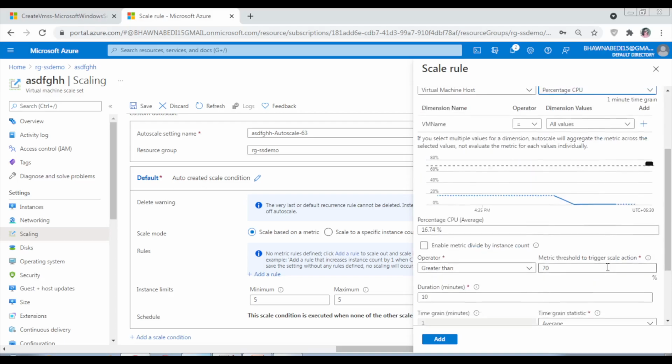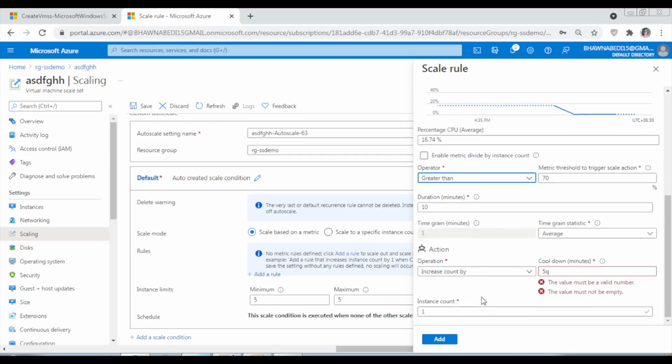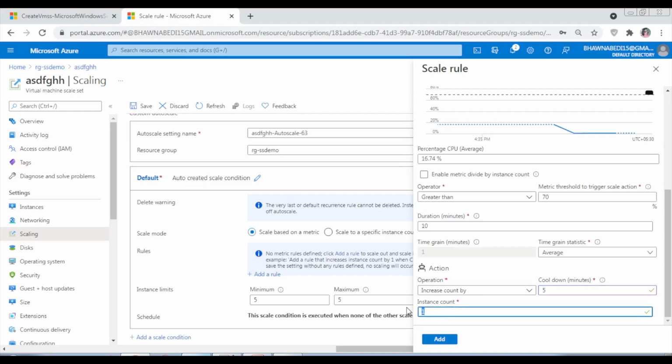When this utilization is greater than 70%, and here you define the operator: greater than, less than, equal to. So when it is greater than 70%, increase the count of my VMs by 1, or you can specify any number over here.